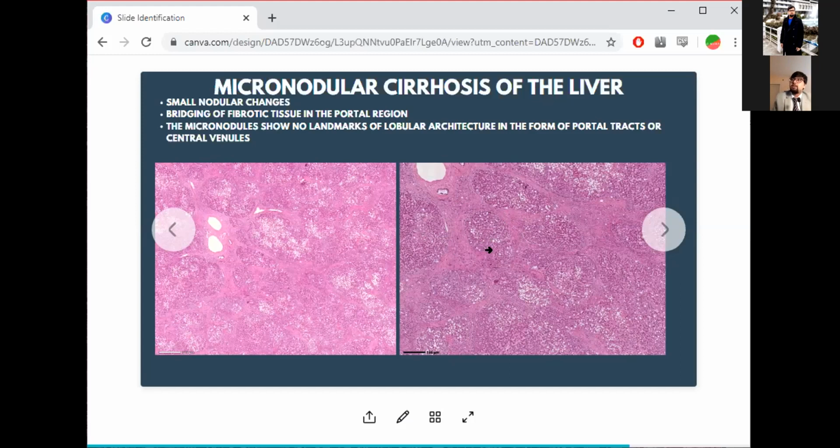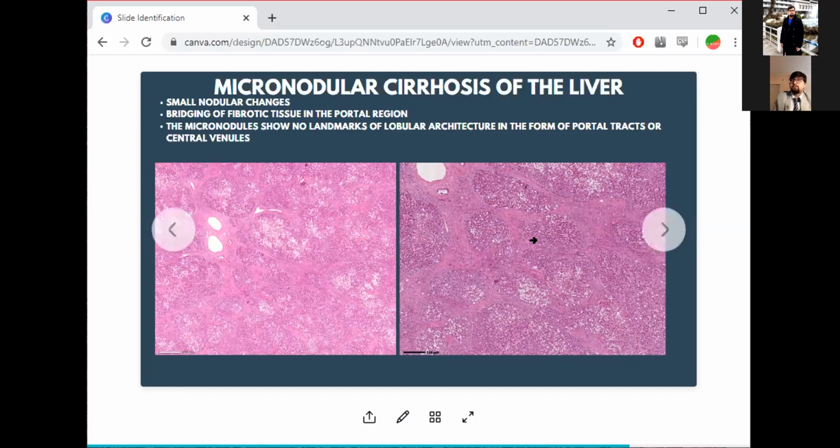Now remember that macronodular cirrhosis is not asked on the pathoanatomy exam, but when you are writing, then you have to show that yes, there are 2 types of cirrhosis. One is micronodular type and one is macronodular type. In order to differentiate between the two, micronodular cirrhosis shows nodules that are smaller than 3 millimeters wide, and in macronodular they are greater than 3 millimeters wide.